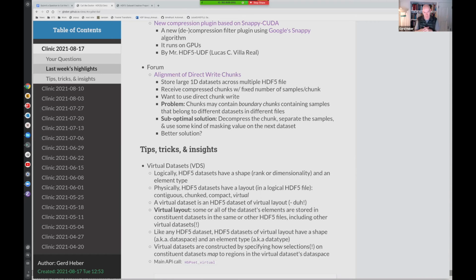A suboptimal solution is to take that compressed chunk as it arrives, decompress it, and take it apart, separating by timestamp the samples that belong to the previous timestamp and the ones that belong to the next timestamp.